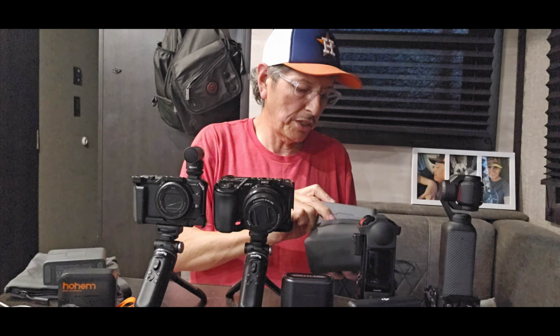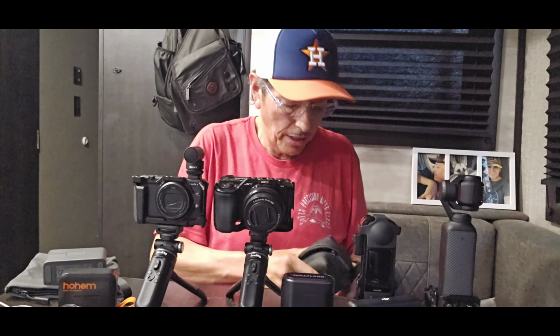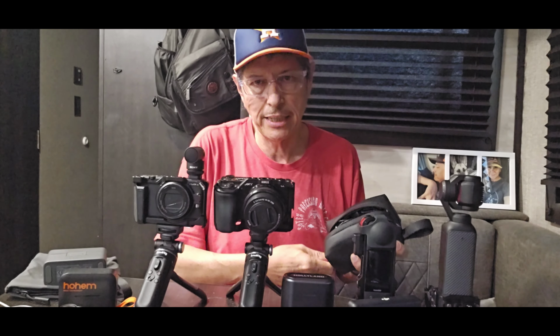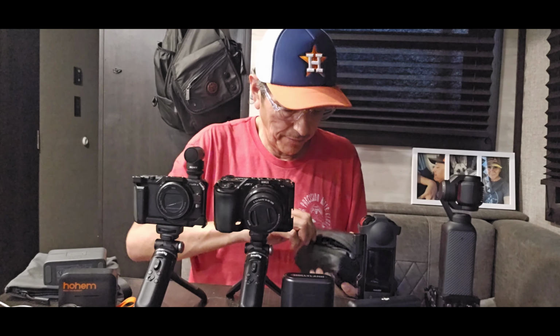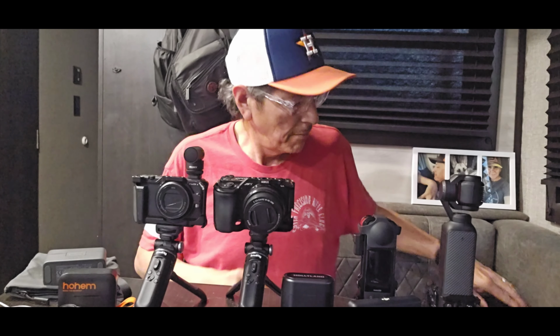And it's a lot heavier, I can tell you that. This one is more the big boy. It can handle a lot more, 32-bit float recording. It can just do so much more than the Micro Mini, or the Mini, I should say. The Mini is more for just hook it up and let's go. It'll work on just about anything Bluetooth, but